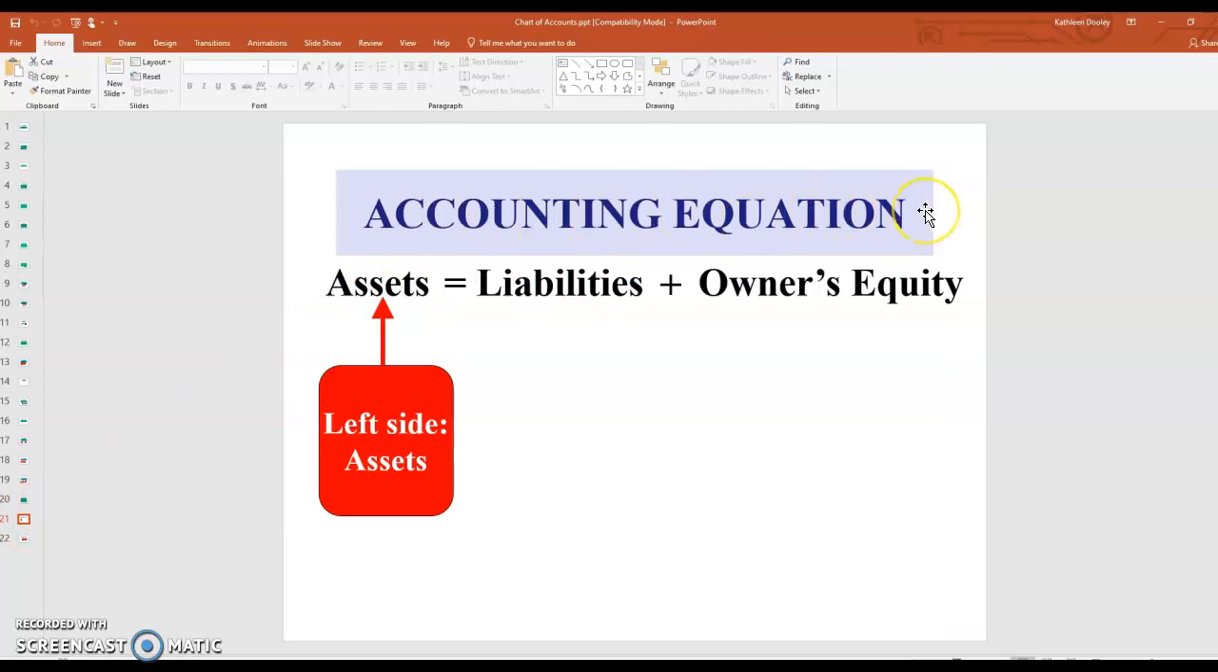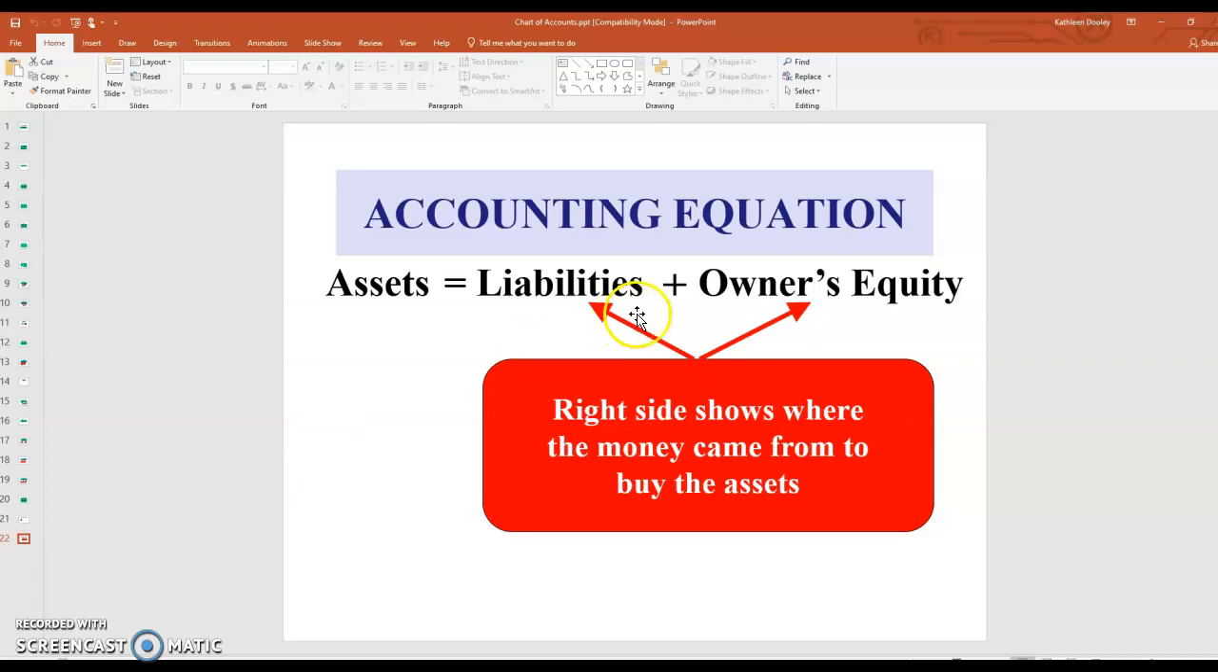So here's our accounting equation again. And again, this is the favored way of putting it. It's not the only way it can be put. But the accountants like to put the assets on the left side of the equal sign, liabilities on the right side of the equal sign, and owner's equity on the right side of the equal sign. This way, on the left side is the assets. Everything that the business owns is on the left side of the equal sign. Whereas the right side shows where the money came from for the assets, and also